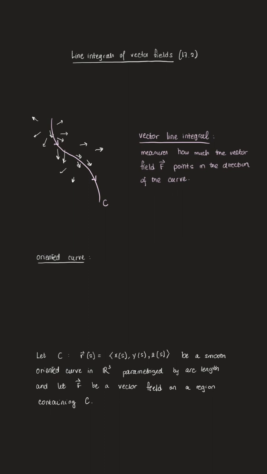Something that we'll come back to is that we're going to develop this integral, and when the value is positive, that means that my vector field is aligned with the curve, a positive contribution. A negative contribution to the integral will be that the vector field is kind of working against the curve. So let's explore the integral itself, and we're going to set it up, but the first thing that I